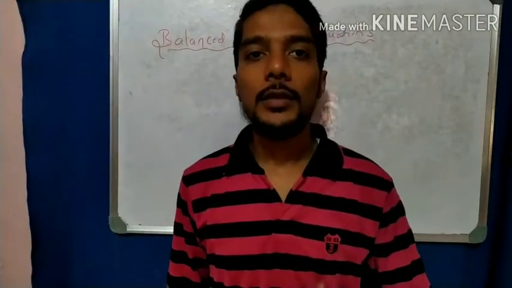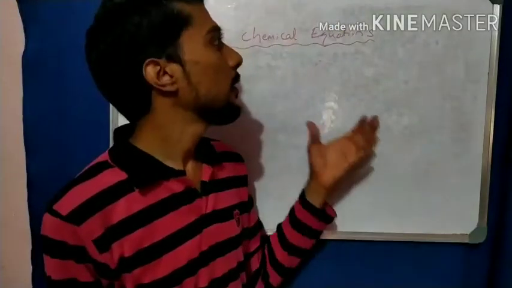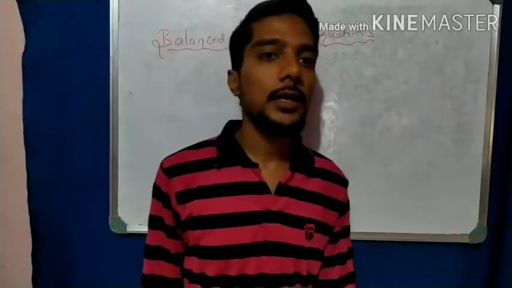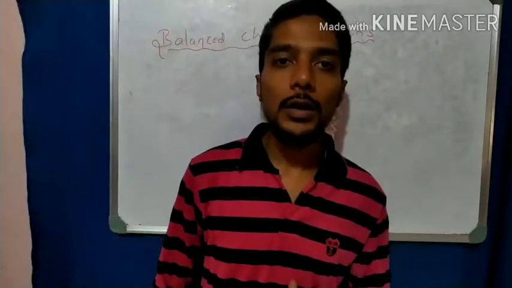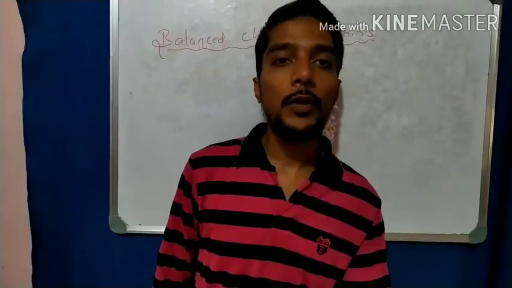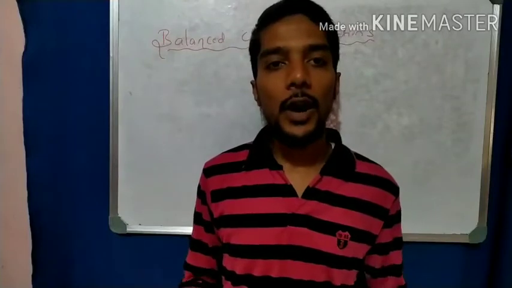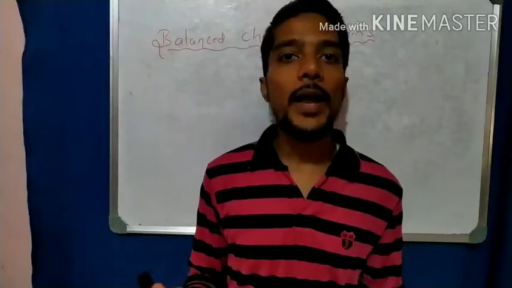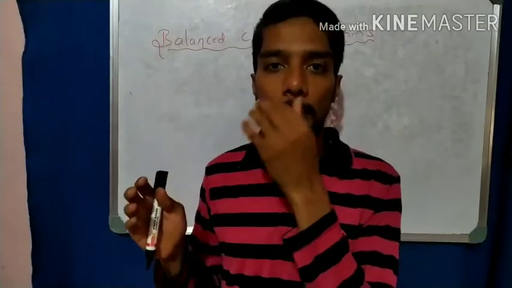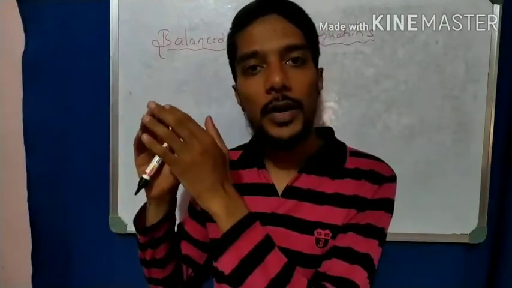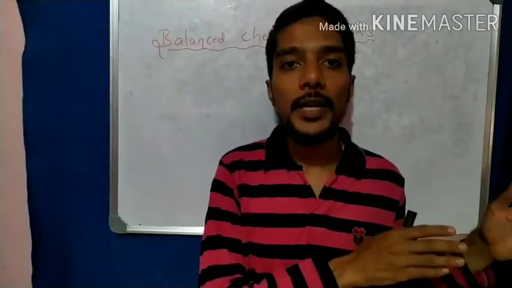Okay students, welcome to the next video of this chapter, that is the last video of this chapter, that is chemical equation and reaction, and that is on the topic balanced chemical equation. In this chapter, from video number 1, 2 and 3, we have learned so many chemical reactions, and now lastly we study how to balance those chemical reactions, because the number of atoms present on the LHS side must be equal to the number of elements present on the RHS side.